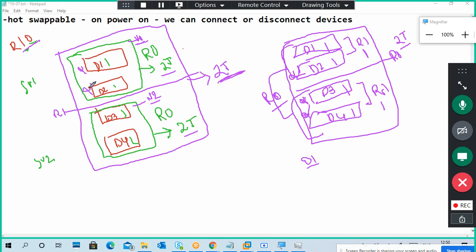But if disk 1 fails and disk 3 also fails, because of disk 1, volume 1 fails, and because of disk 3, volume 2 fails.